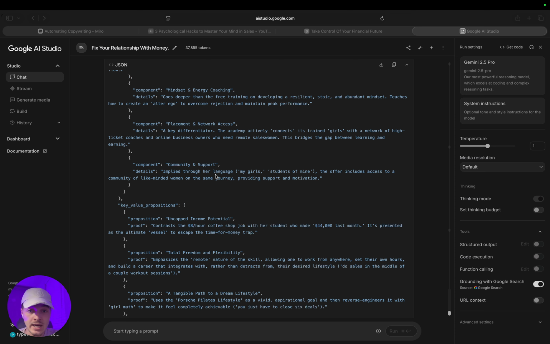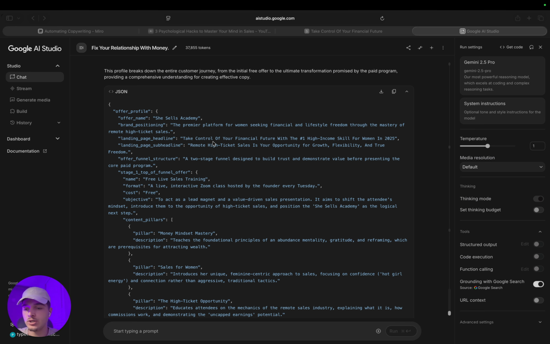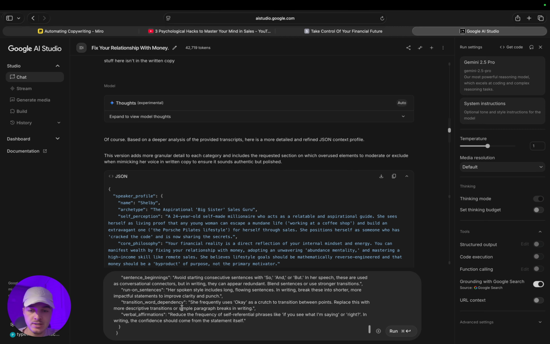Okay, boom. So now we have the entire context profile of her specific offer. So now what I'm going to go through is I'm going to go back through this entire chat log, copy and paste all the profiles we've made so far, and then put them down here below into this chat window. And then we're going to create 2 different emails with 2 different copywriting superstructures. And then we're just going to go through them and look at the quality of output of these specifically. All right, so boom, we have the 3 context profiles pasted here above,